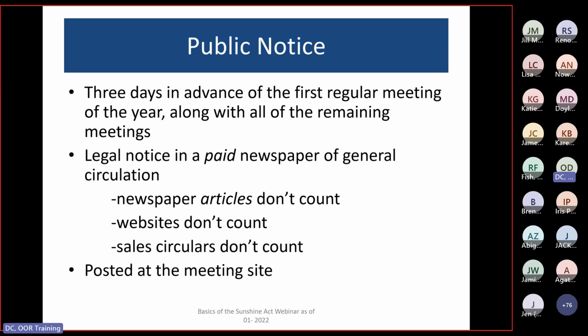Okay, another leg of the stool, public notice. Under the Sunshine Act, there needs to be at least 3 days advance notice of the first regular meeting of the year. Typically, if you're following your code, I think it's the first Tuesday in January, where most government bodies need to have their organizing meeting. So in advance of that meeting, at least 3 days, it has to be advertised. And typically, it's along with all the other meetings that would be scheduled for that business year. So if you're meeting monthly, maybe you meet on the first Tuesday of the month. So you would have the dates within the calendar year